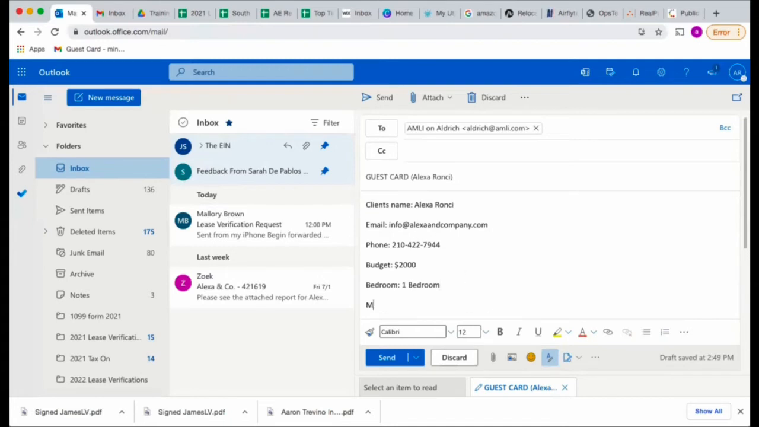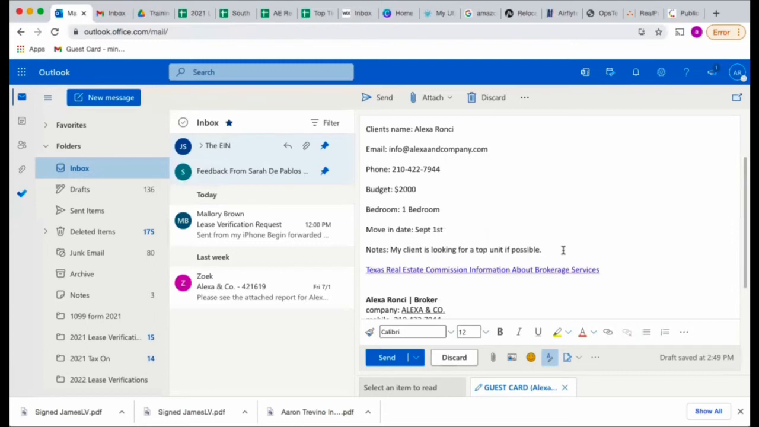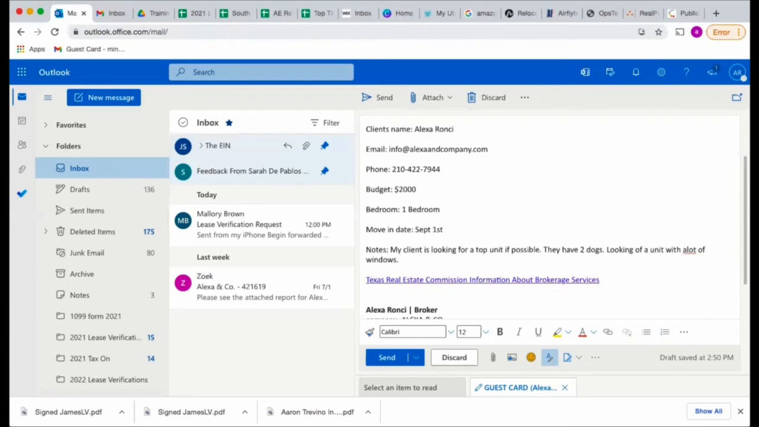And sorry, guys, I forgot to add move-in dates. I'll put September 1st. And then here I'll put, like, my client is looking for a top unit if possible. They have 2 dogs, looking for a unit with a lot of windows. So this is where you just want to add whatever your client mentioned, or my client would like,